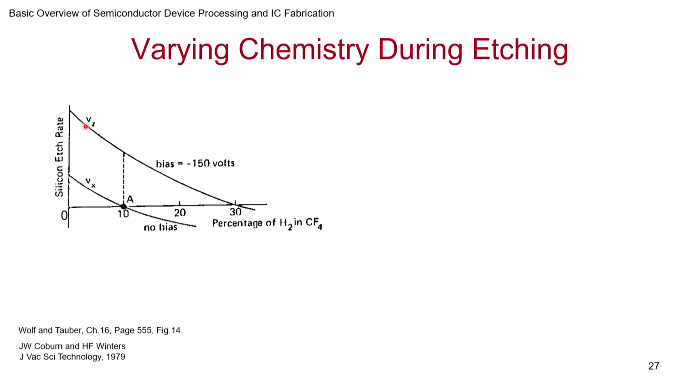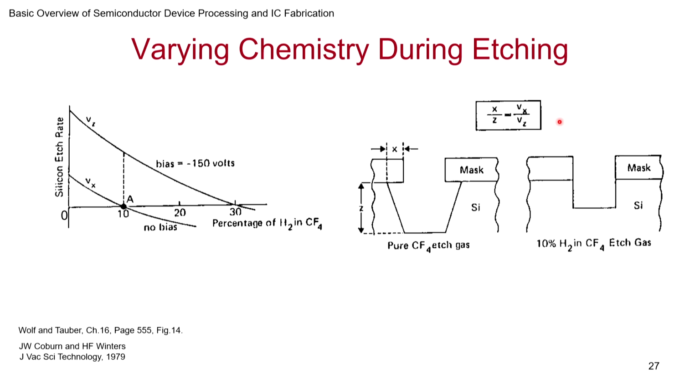Supposing you have the etching that is taking place at bias minus 150 volt. What you find is, and the x-axis is the percentage of H2 in the CF4 H2 mix, you can see that as H2 percentage increases beyond 30%, it will not etch, it will start depositing. It will stop the etch. And similarly, in the x direction, this is what you get. X direction, remember, there is no bias. X is equal to 0 bias.